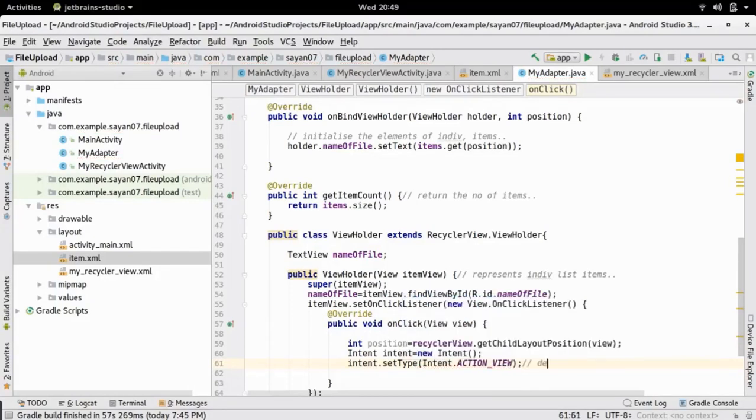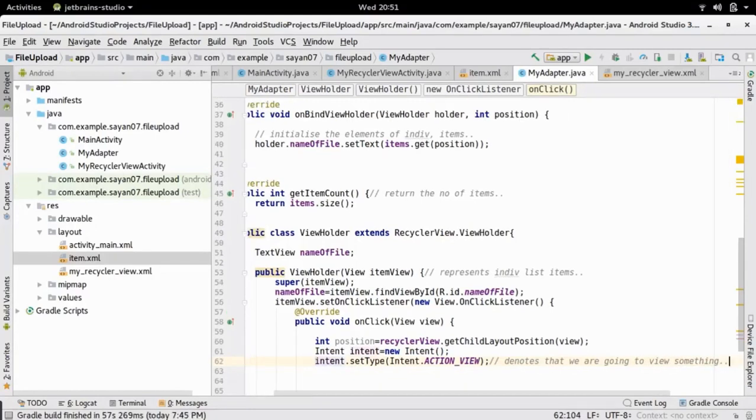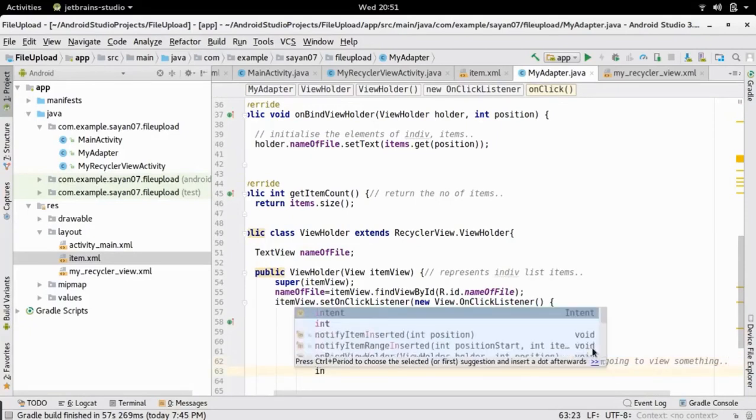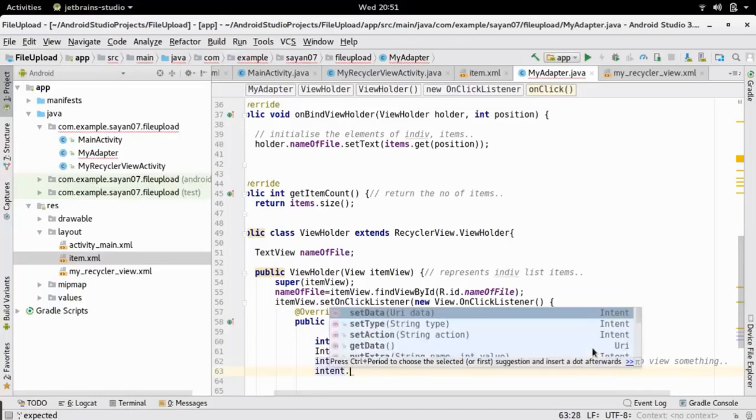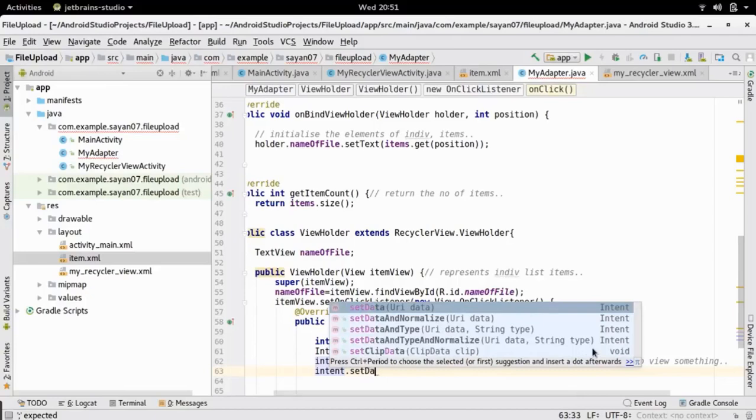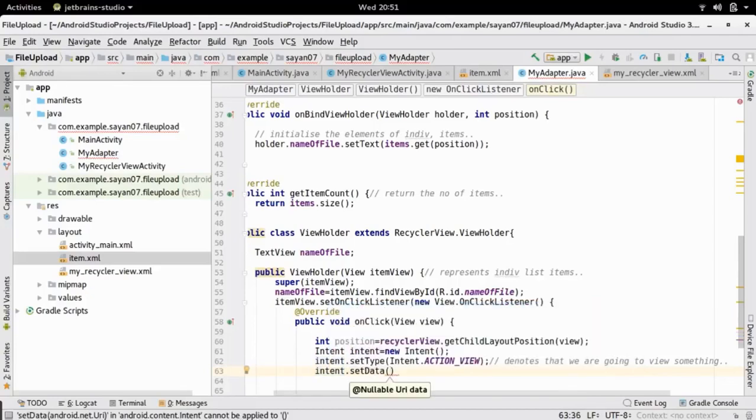So this denotes that we are going to view something. Now we are going to attach another property, that is the URL that we are going to open. So basically we are going to get the URL from another array list that we have not defined yet.